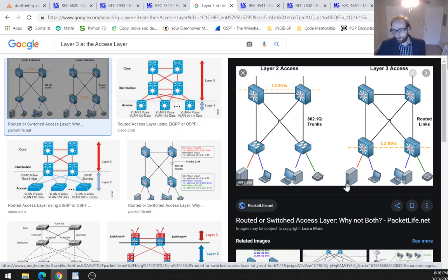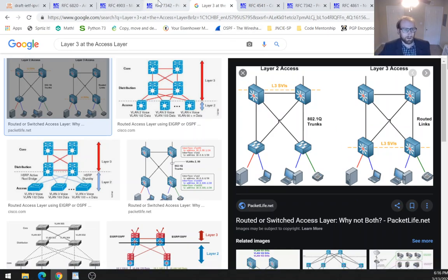Here they're just traveling along these links, and as you add more switches, if we add another access switch here, now there's all these extra links they're going over. Here, as you add more switches, since they don't go all the way up to the distribution layer anymore, they get cut off at the access, it scales much more,